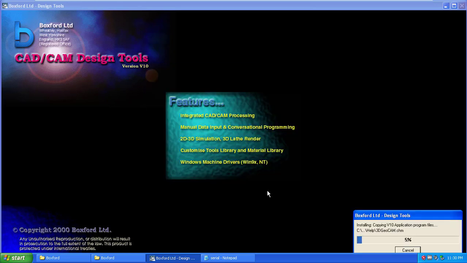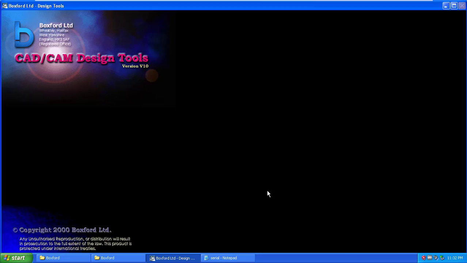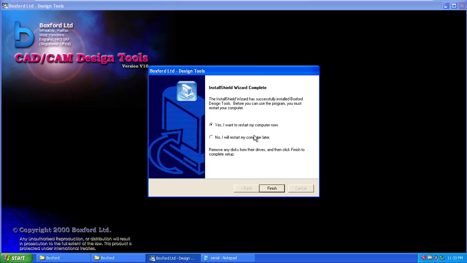Now the setup has started. The setup has been completed. Now I will restart my computer later.